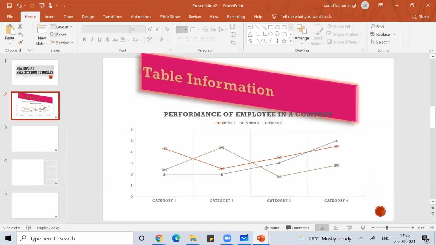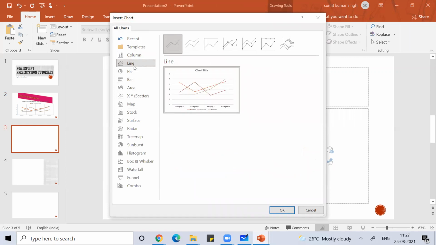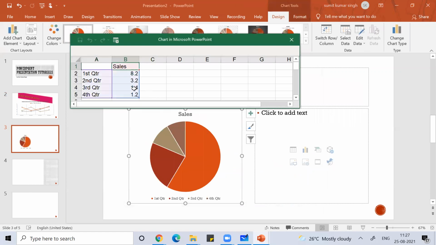You can take data in MS Excel, and whatever data you take in MS Excel, you can plot it, you can chart here. You can do the same thing in MS Excel and cut and paste in PowerPoint, or you can create here also. Okay, so you simply go here, and if you click here on chart, which kind of chart you want? I want line diagram, or I want bar diagram or histogram or pie chart, so you click there. Then the Excel will open, because ultimately it should be from Excel, right?